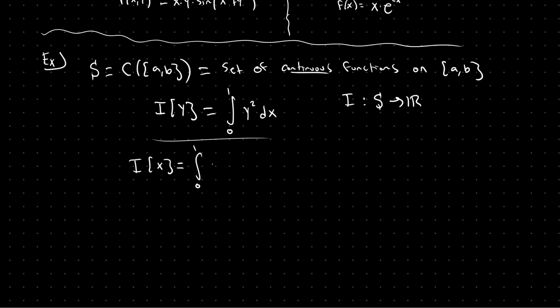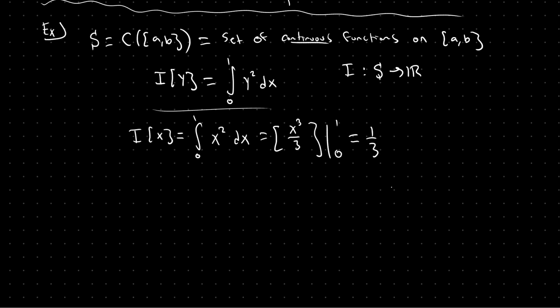So I of x is going to be just the integral from 0 to 1 of x squared dx, which will have the value of the antiderivative of this, x cubed over 3. This is the fundamental theorem of calculus here. Evaluated at the boundaries, 1 and 0. When you plug this in, you get 1/3. So for this example functional, evaluated at the function y equals x gives you a value of 1/3,